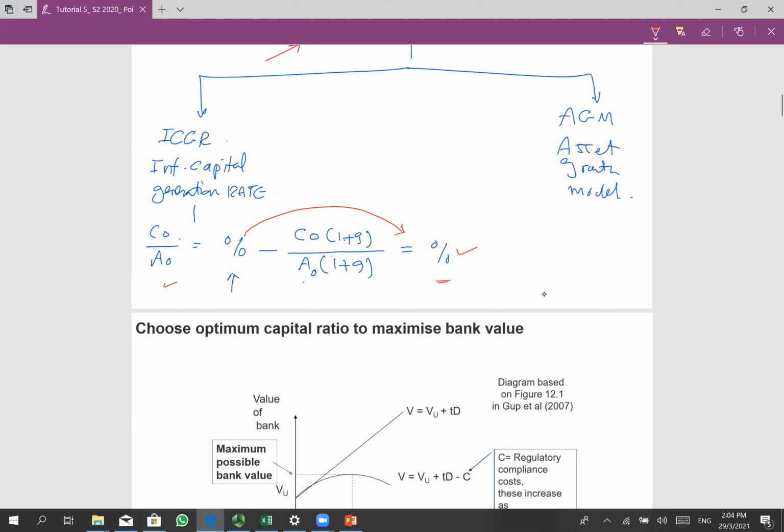AGM is telling me, I don't want to be passive and I don't want to wait for the internal capital to determine my growth. I want to acquire, I want to penetrate new markets. Maybe if this growth, which is this G, is 5% or 7%, my plan is to have 10% or 20% growth. And therefore, if I want to increase my assets by 20%,